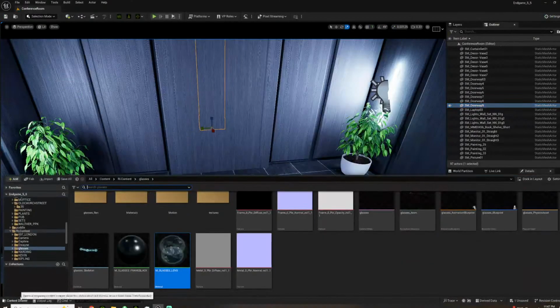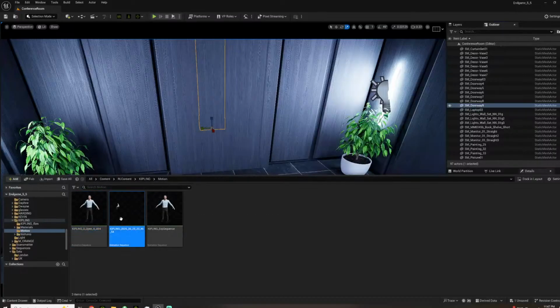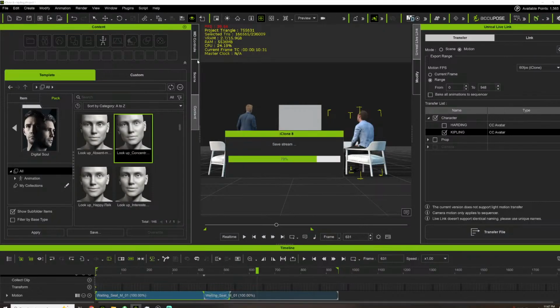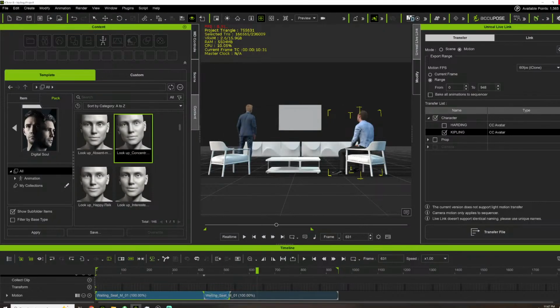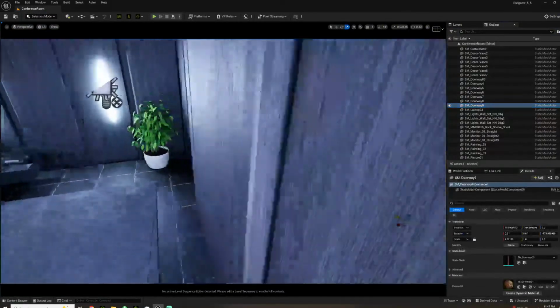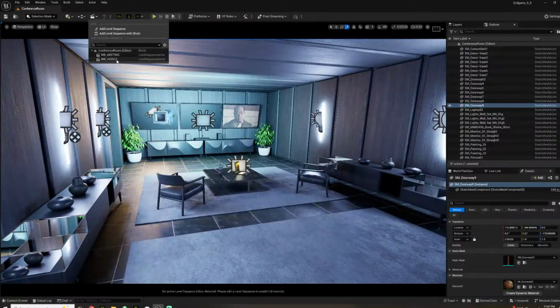Okay, so if we get our character here, under motion, good. And he should be right in the exact same place. There we go. And let me just save this, and I'll head on out soon. There we go. So if we play our animation here, so if we go back to sequence,